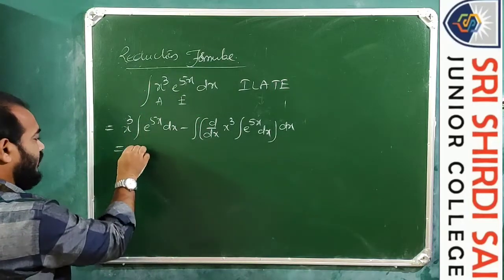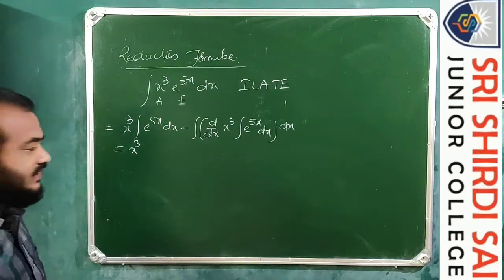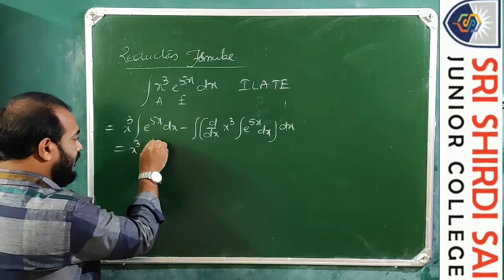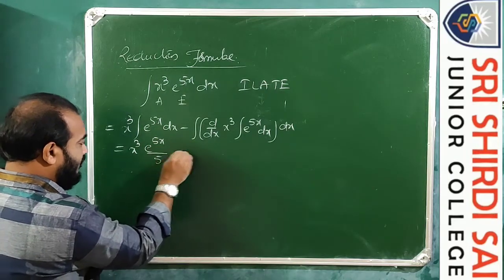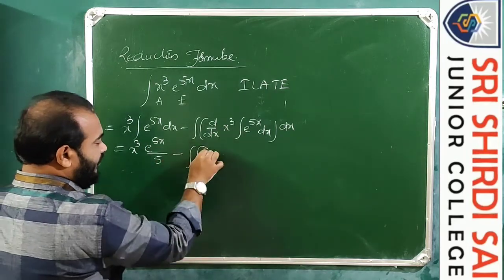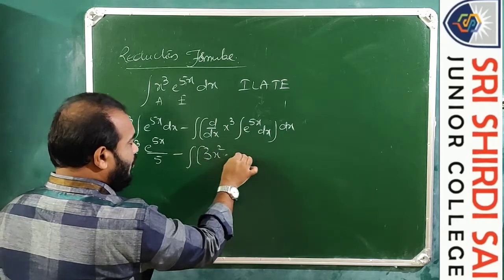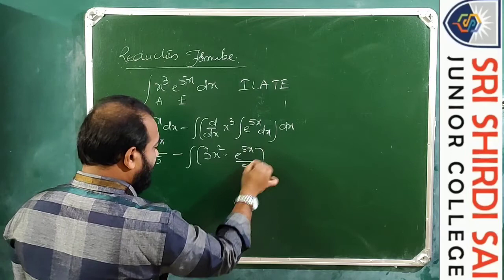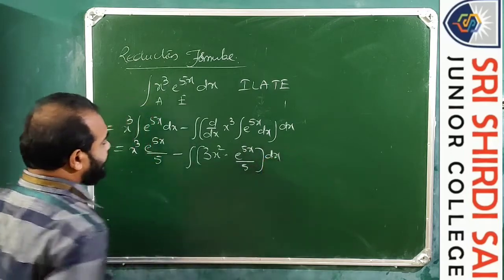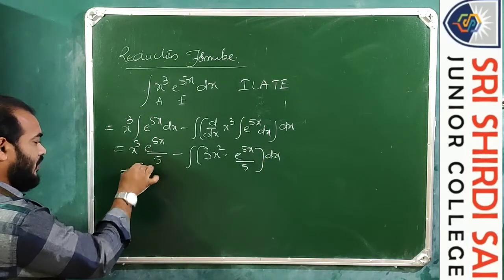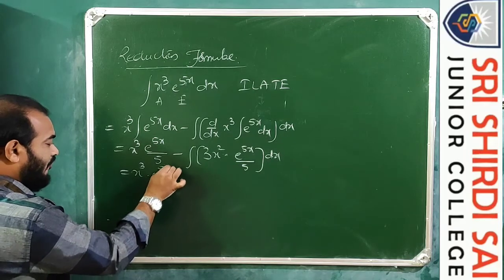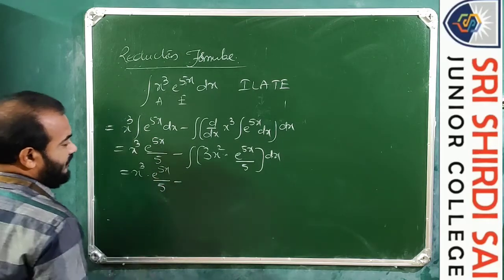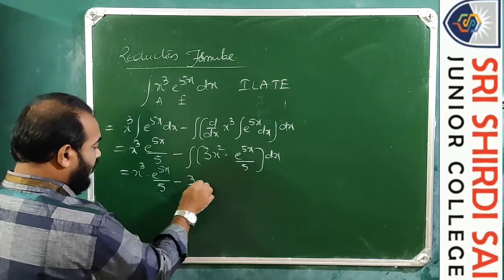So this is equal to x cube e power 5x, integration is e power 5x by 5, minus d by dx of x cube is 3x square into e power 5x by 5 dx. This is equal to x cube into e power 5x by 5 minus 3 by 5,